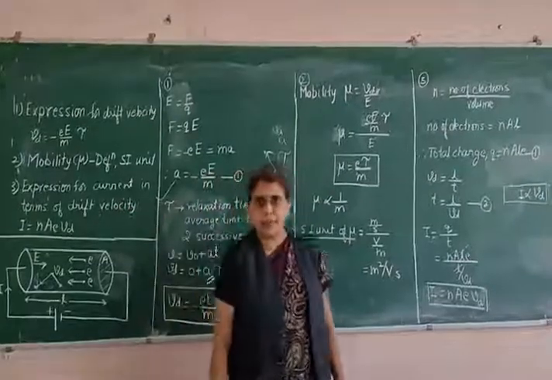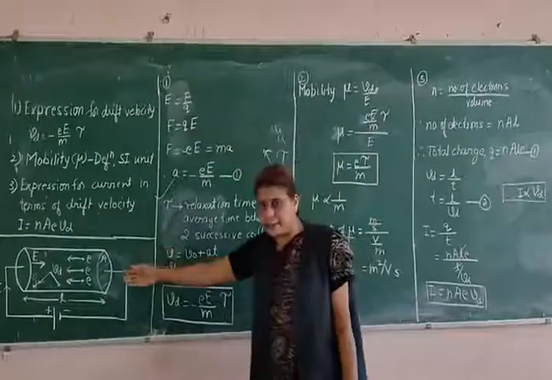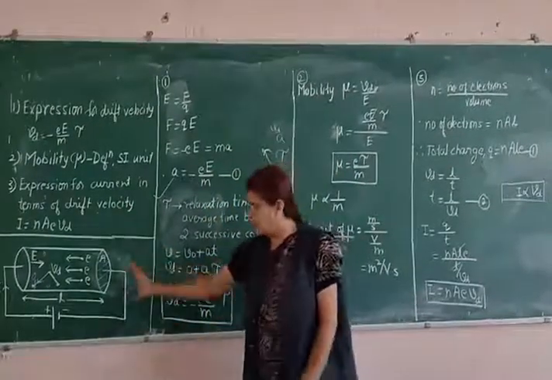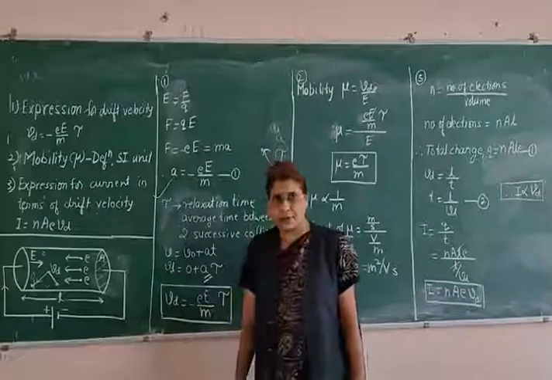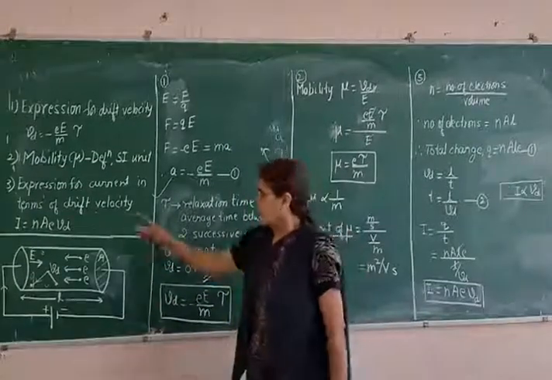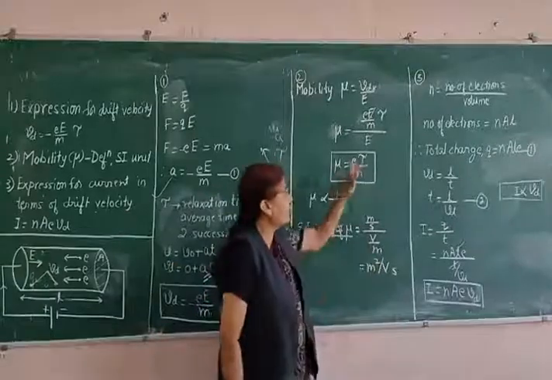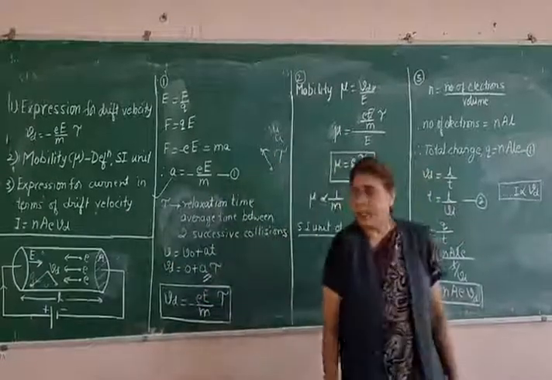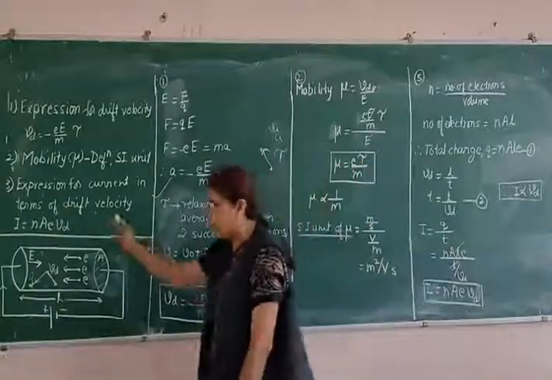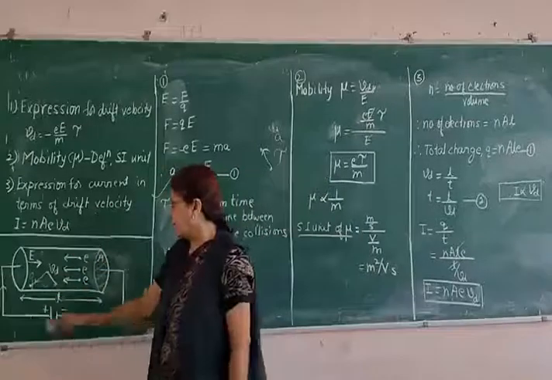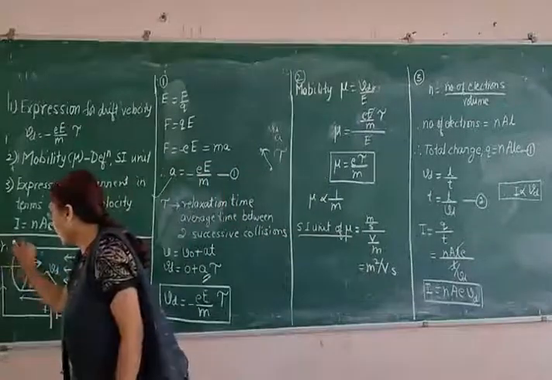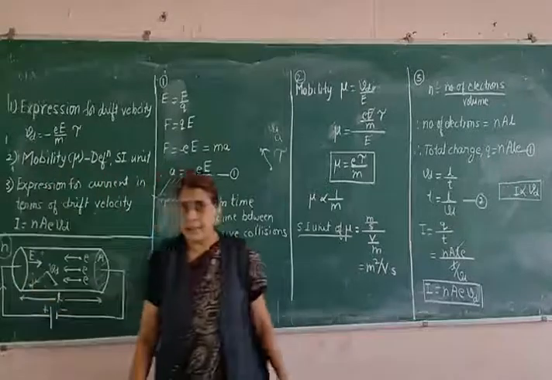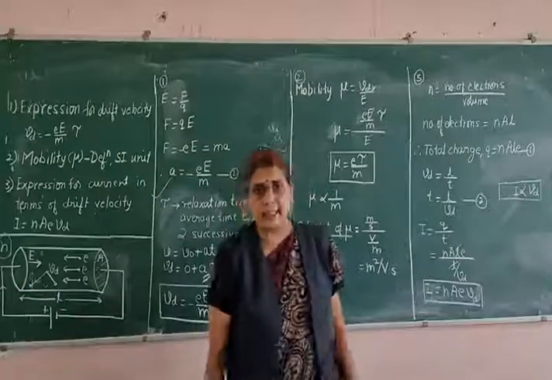Now for this derivation also, we shall make use of the same figure. So this is the figure, you already know the description of the figure. Now let us try to derive I = nAevd. Here I will define one more term for this given conductor, let us write it as small n. Let us say n is the electron density in the conductor.